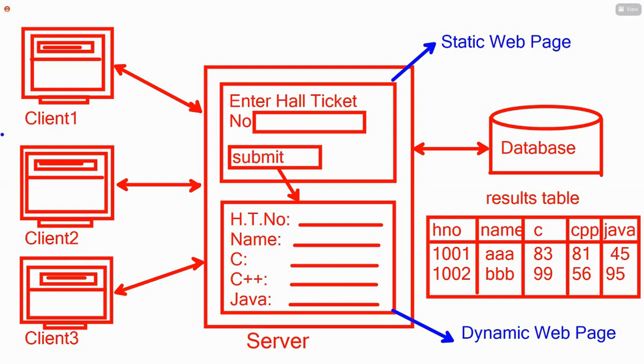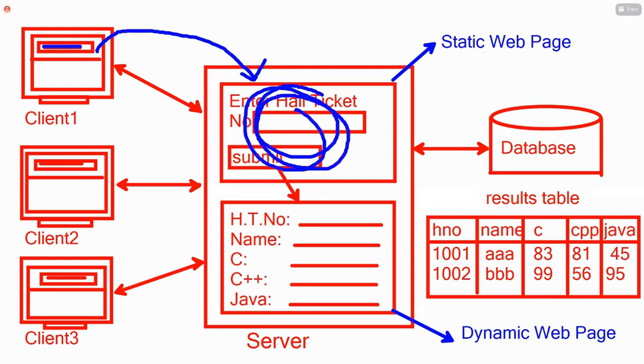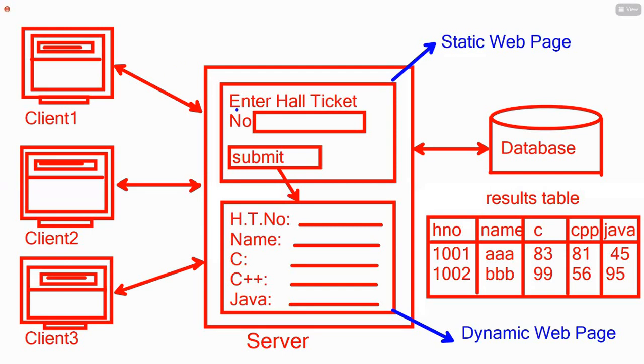Now you observe, I'll explain. First of all, here you'll type the URL. Then the request comes to the static web application. What the server will do is transfer this program, the total code, to the browser. When the browser receives it, it executes, then the output is displayed. After displaying this output, we'll enter the hall ticket number, something like 1001. Whenever you type the hall ticket number here and click on the submit button,